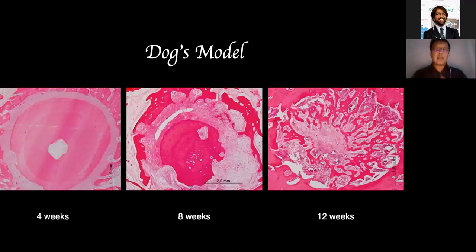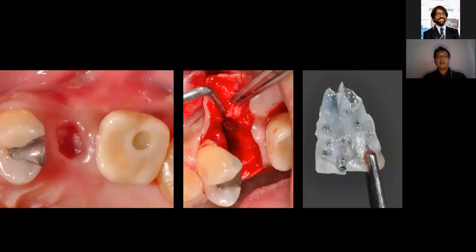So what has also evolved in our practice is that from our own animal study, we realized that I do not need to use only particulate. I can also do it in a block form. With the block form, I'm not worried about change of shape of my structure. I also can provide a shield to the buccal aspect to prevent the collapse of the soft tissue, of the graft, of the ridge. So what we've done is, after the tooth is extracted, we keep it, and then a